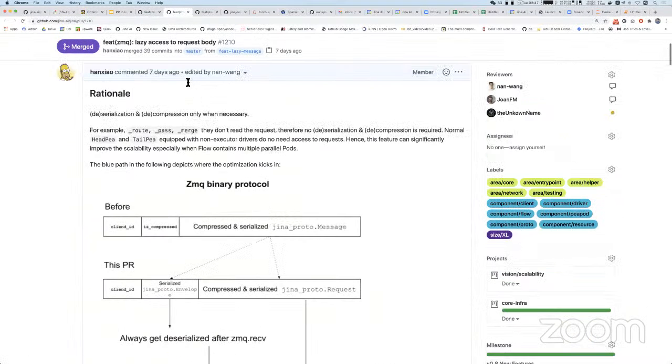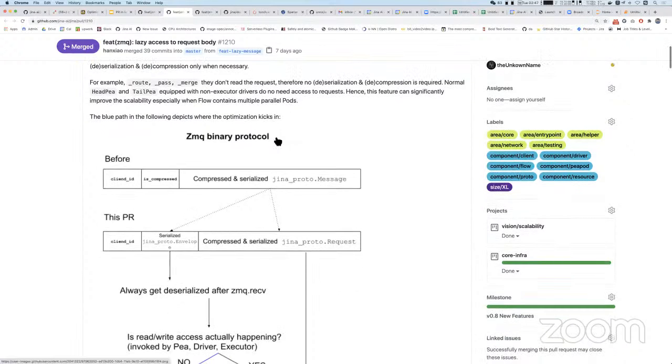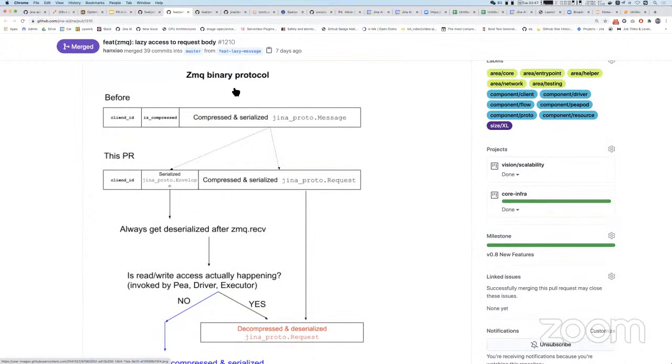Okay, so now we know the problem, right? We know that certain auxiliary nodes, such as route, such as pass, such as merge, don't need to read requests. They just pass requests. They just collect the request and then somehow count the number. If it is correct, then just pass it away. So they don't do any algorithm inside. Okay, so now, after this pull request, we basically